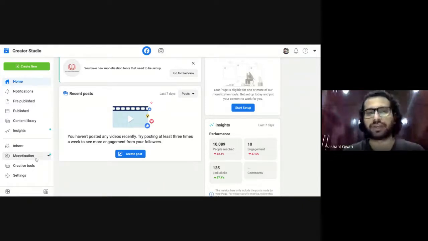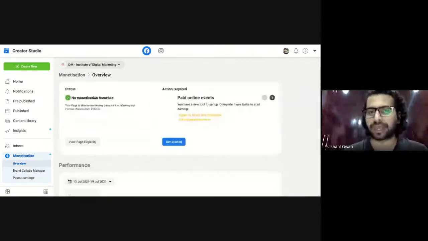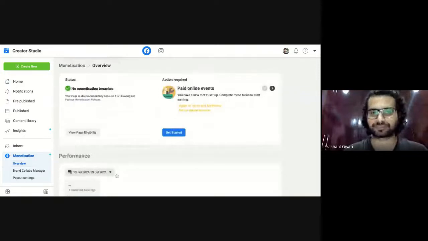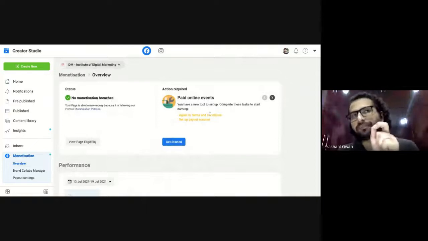To do that, you will click here on the monetization part like this. Click here on the overview section, choose the page you want to monetize, and you can monetize your page from here. If you want to create a paid event, Facebook has an event section.